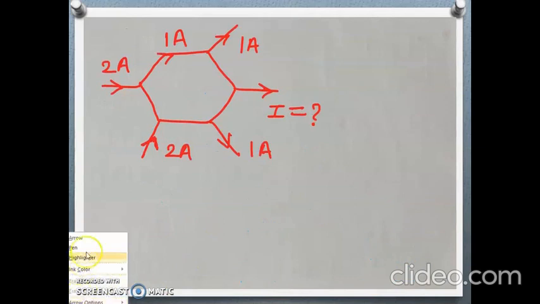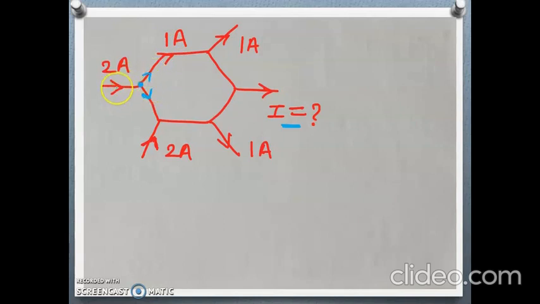This is the next question. Here, these are the different branches given and the corresponding current flowing through the branches is mentioned. Here we have to find this value of current I. Okay, so start from here. This is a 2 ampere is coming here. Okay, so 2 ampere is coming. So, and 1 ampere at this point it is distributing from these two branches. Distributing at this point.